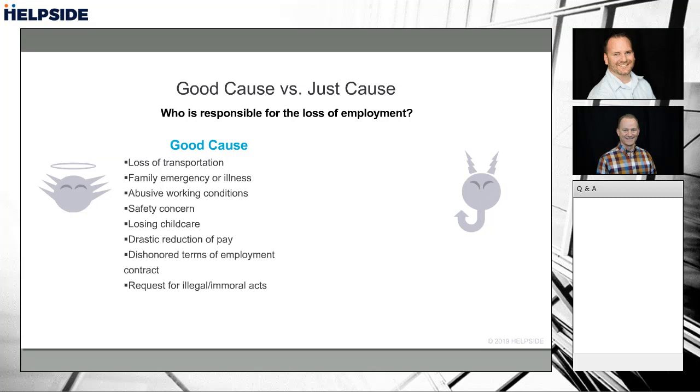All right, so there's good cause. If an employee... I'm sorry. Yeah, no. So this is a good cause for someone to quit. Yes. These are kind of on first the employee side, then the employer side, right? Yep. Okay. Yep, so if an employee leaves for any of these, what are classified as good causes, then there is a good chance that they may get unemployment. Right. There's a variety of other reasons why anybody would leave, but these are generally the reasons why they could potentially get unemployment. Yeah, a lot of times if you take a look at this list, it's really things that are out of the employee's control. Yes. They're not really responsible, so who is responsible for the loss of employment? It's not really the employee, and therefore then they would qualify typically for unemployment insurance.